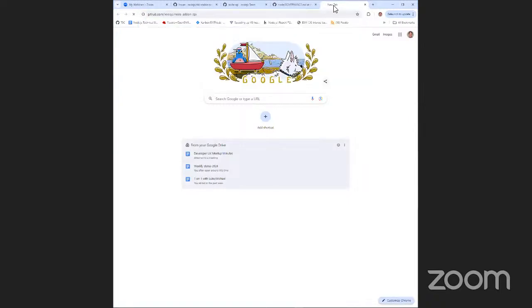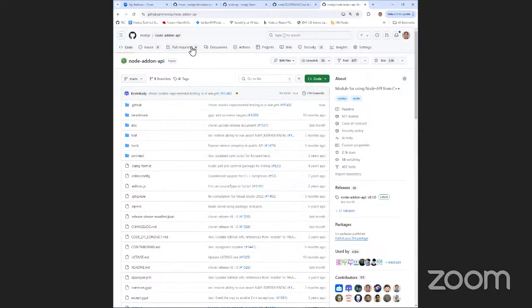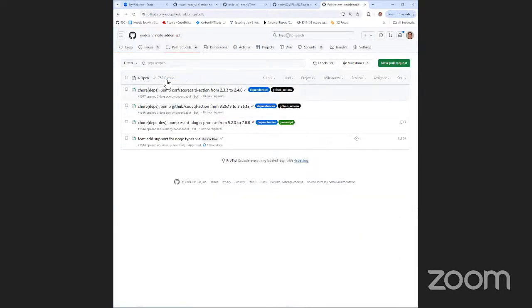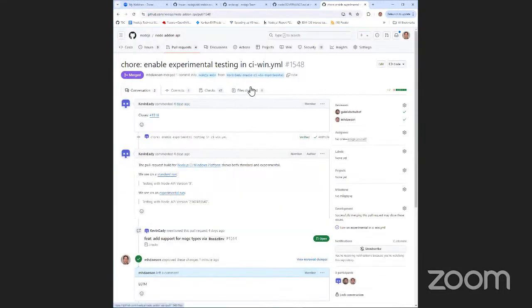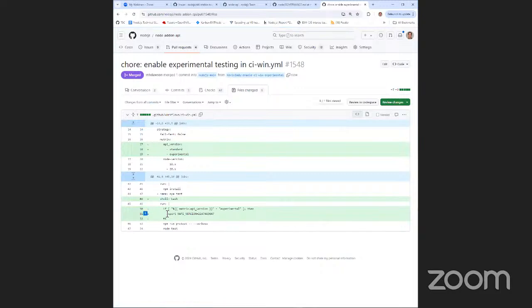It passes a flag to npm, which then gets transmitted as an environment variable or something like that. I think make listens to it.